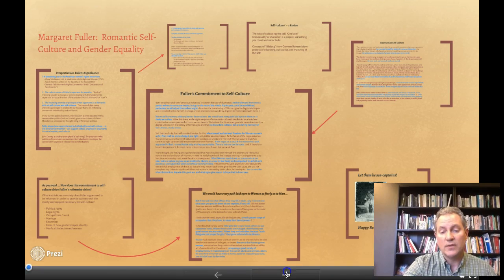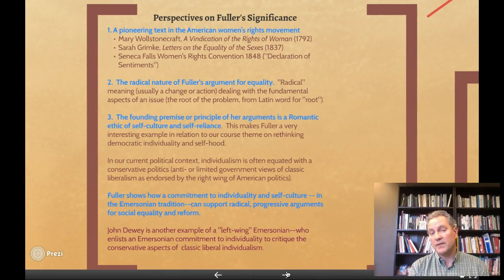Now I want to offer you several different perspectives for thinking about the significance of Fuller's work. First of all, it's a pioneering text in the American women's rights movement. Mary Wollstonecraft's book, A Vindication of the Rights of Woman, a romantic argument for women's rights, was published in the 1790s in Britain. So 50 years later, Fuller is offering another important articulation of this kind of a romantic argument